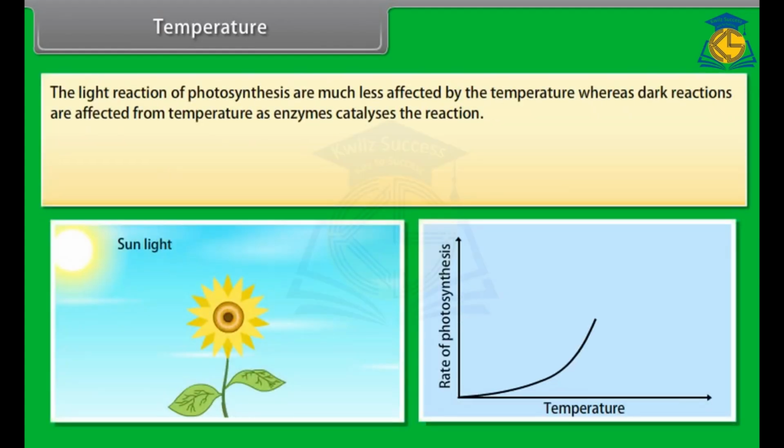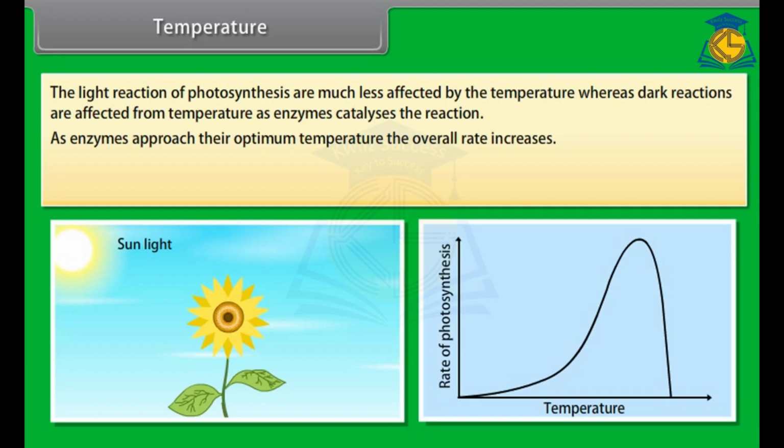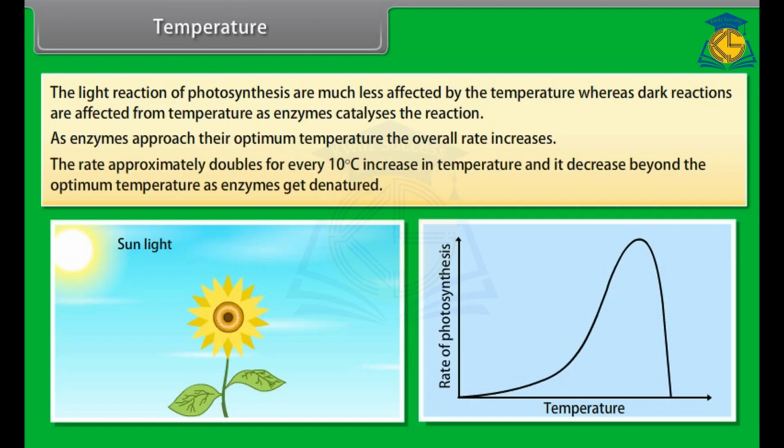Temperature. The light reactions of photosynthesis are much less affected by temperature, whereas dark reactions are affected by temperature as enzymes catalyze the reactions. As enzymes approach their optimum temperature, the overall rate increases. The rate approximately doubles for every 10 degrees Celsius increase in temperature, and it decreases beyond the optimum temperature as